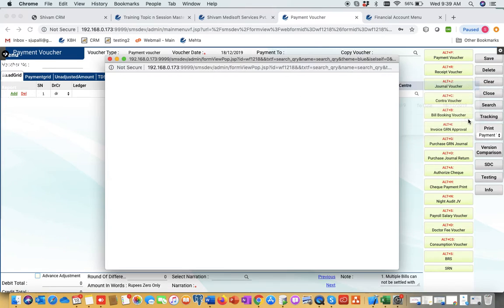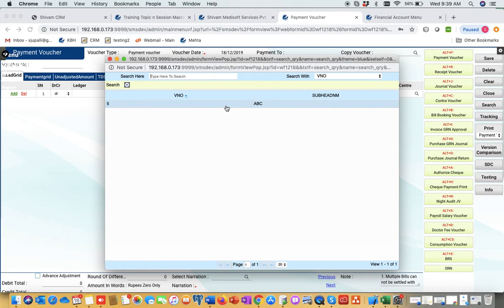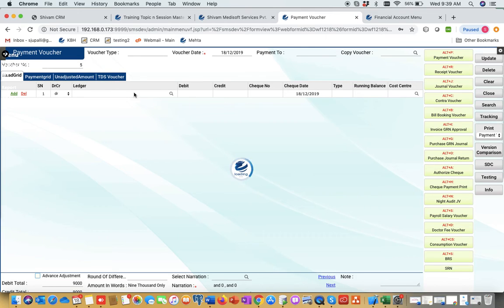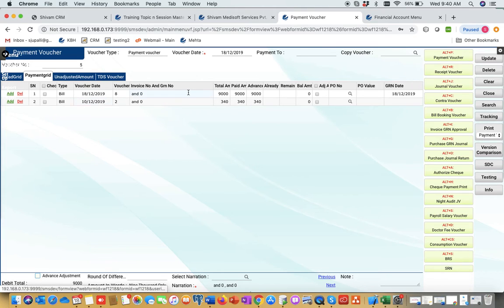We click on search. You will get the subject name ABC, voucher number 5. This is the voucher we created from the check print. HDFC Bank ledger is credited 9,000 and the supplier 9,000. Now in the payment grid you will get the bills which we selected.